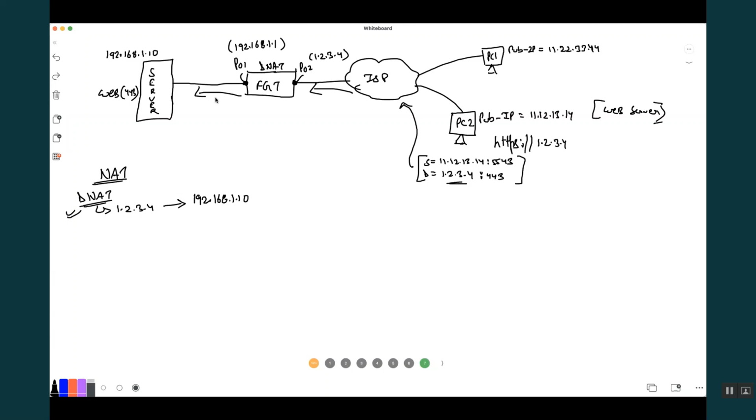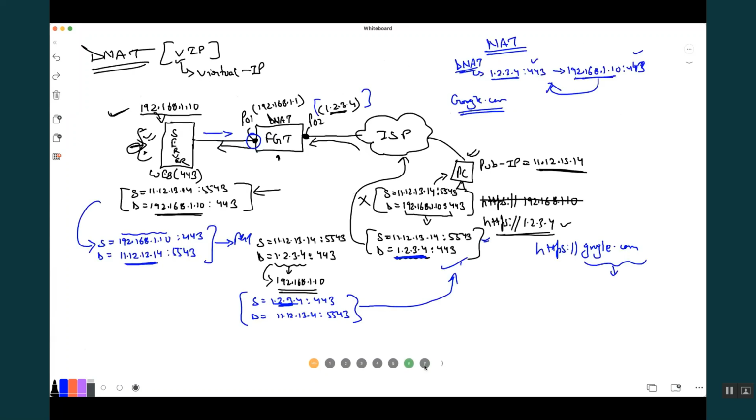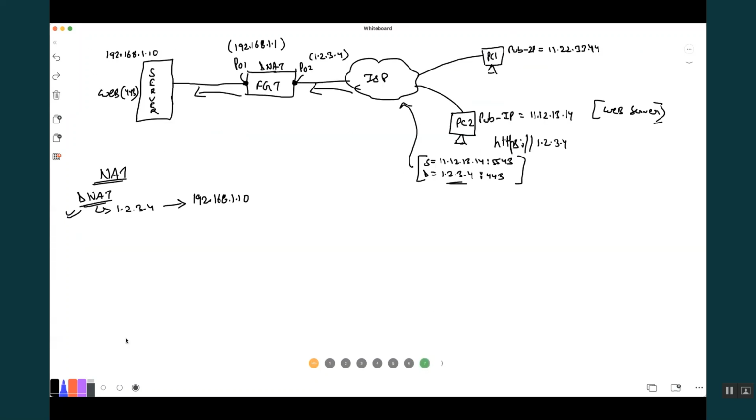So you have got the web server access. It's the same thing we discussed yesterday, on the previous slide. Next, from PC1, I want to take access of the FortiGate firewall.